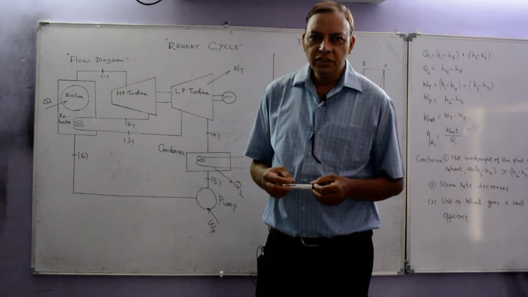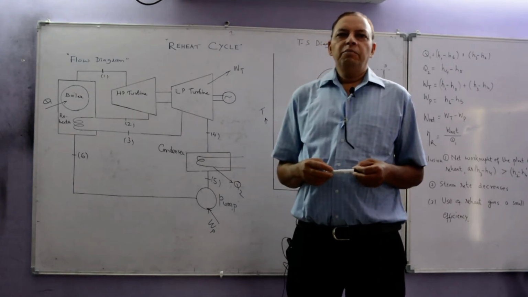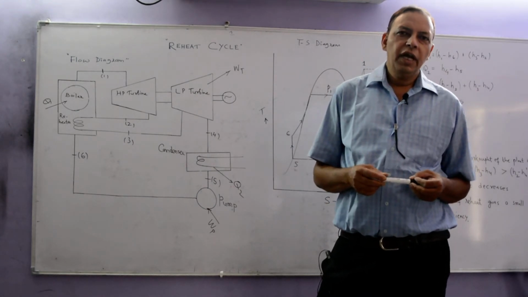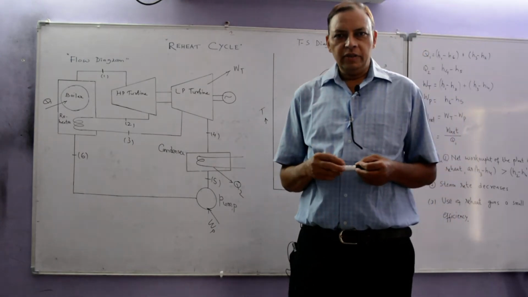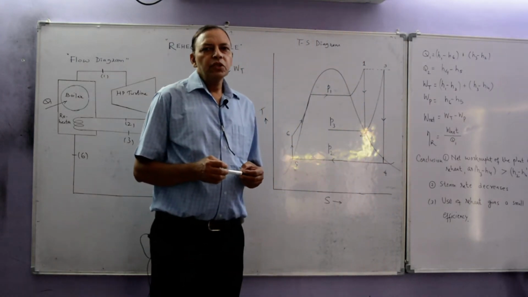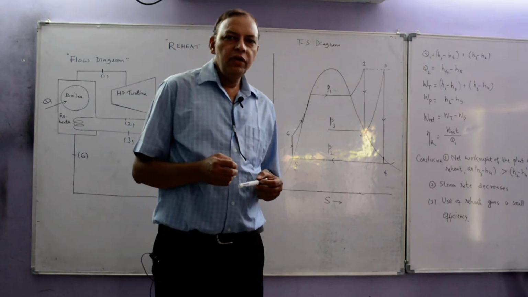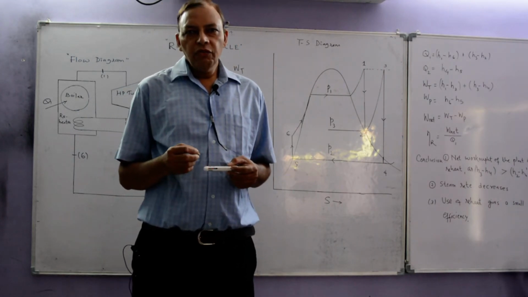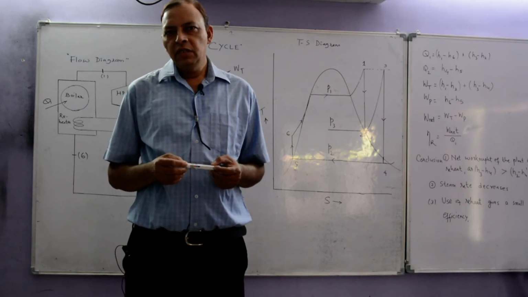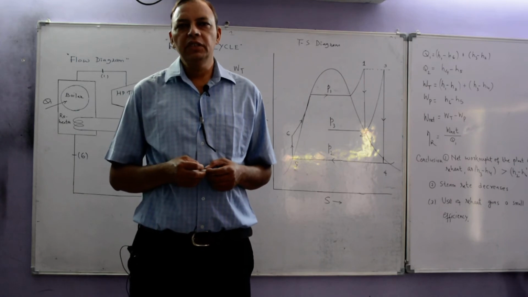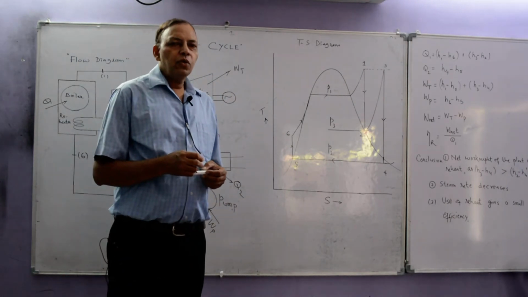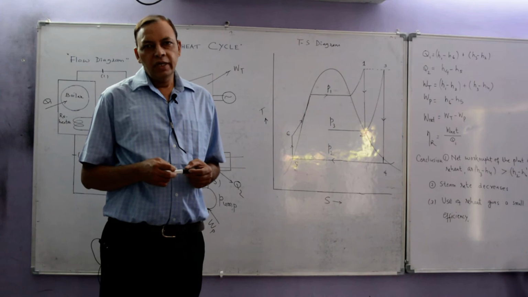Earlier we had discussed Rankine cycle, comparison between Rankine cycle and Carnot cycle, mean temperature of heat addition, and one numerical on Rankine cycle. In mean temperature of heat addition, we learned that the efficiency of Rankine cycle is a function of mean temperature of heat addition. Efficiency will increase as and when the mean temperature of heat addition increases. This concept is important to increase the efficiency of Rankine cycle.